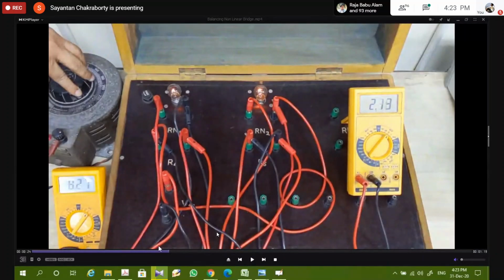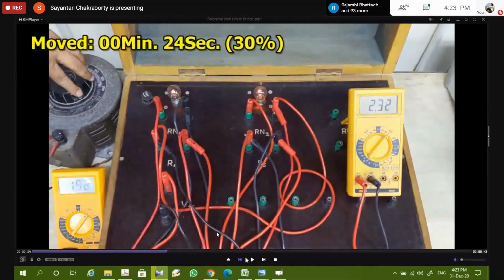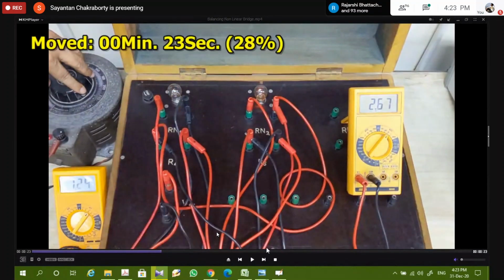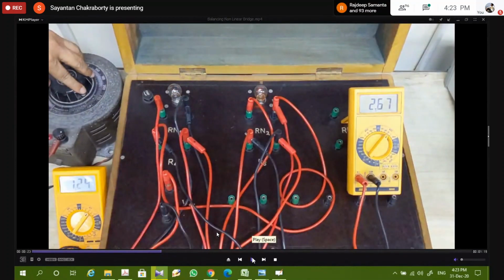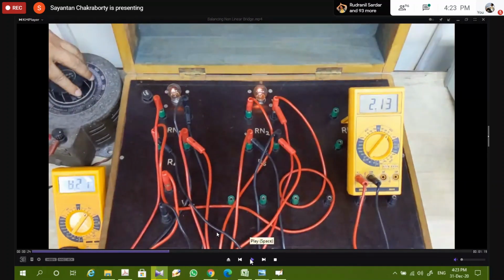Now, have you seen that the voltage is now coming down? If I play the animation completely, you'll see 7.24 and 2.67. As soon as the lamps start glowing, the output voltage is falling down. Initially the bridge was diverging. Now, as soon as the lamp starts glowing, the I-square R loss has increased. And now you see the output voltage continuously decreasing with increasing input voltage.